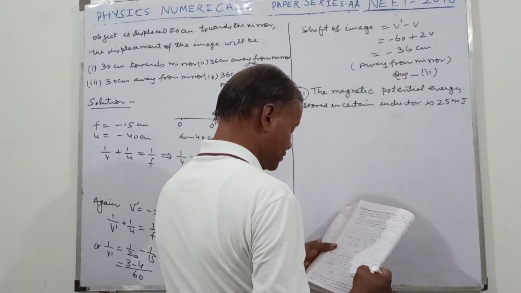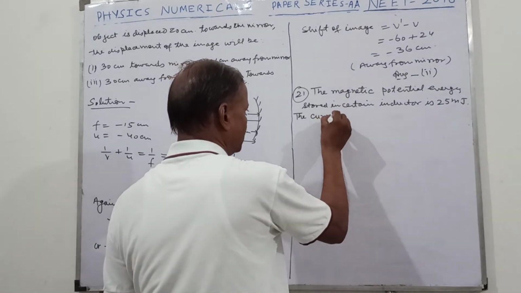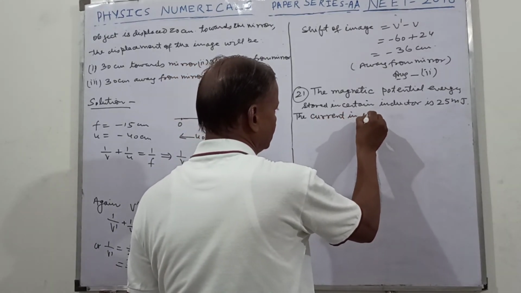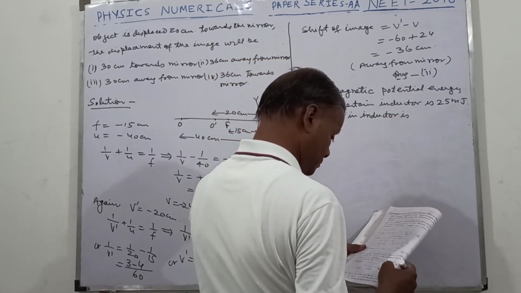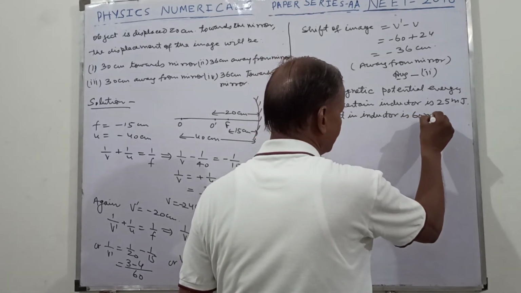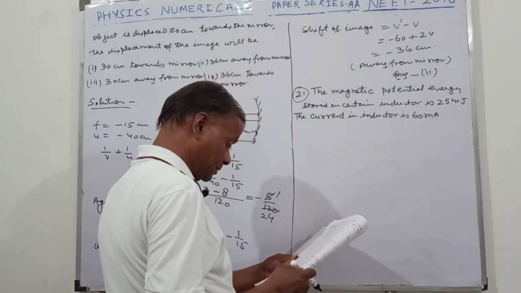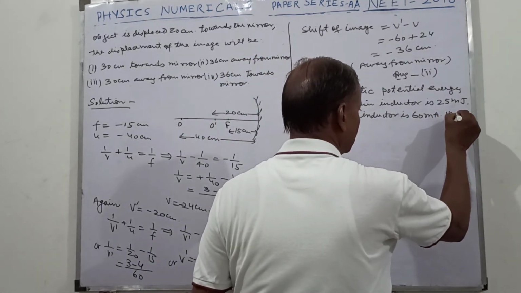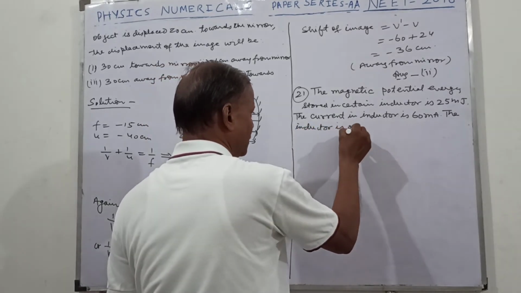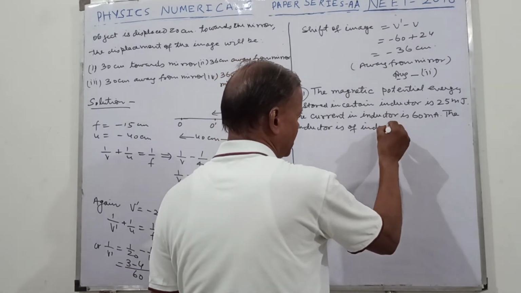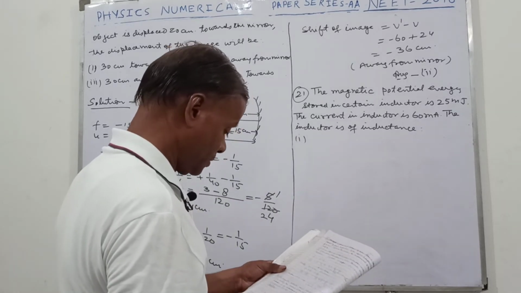The current in the inductor is 60 milliampere. The inductor is of inductance: